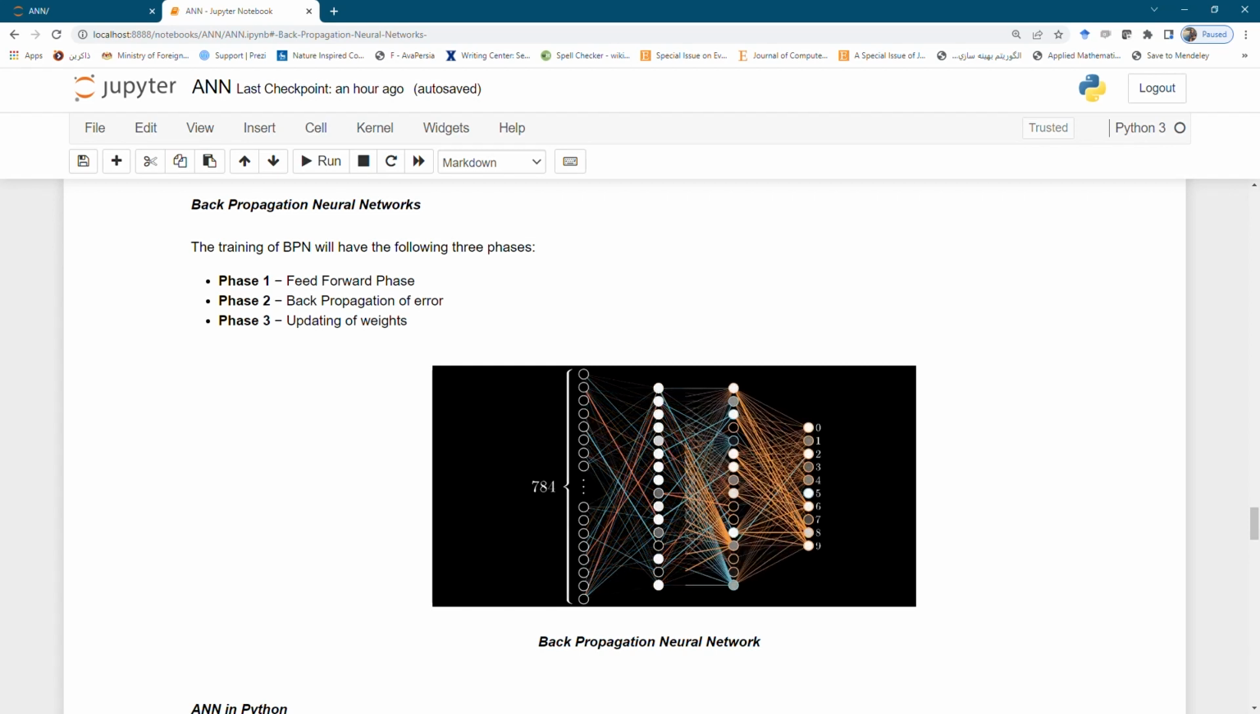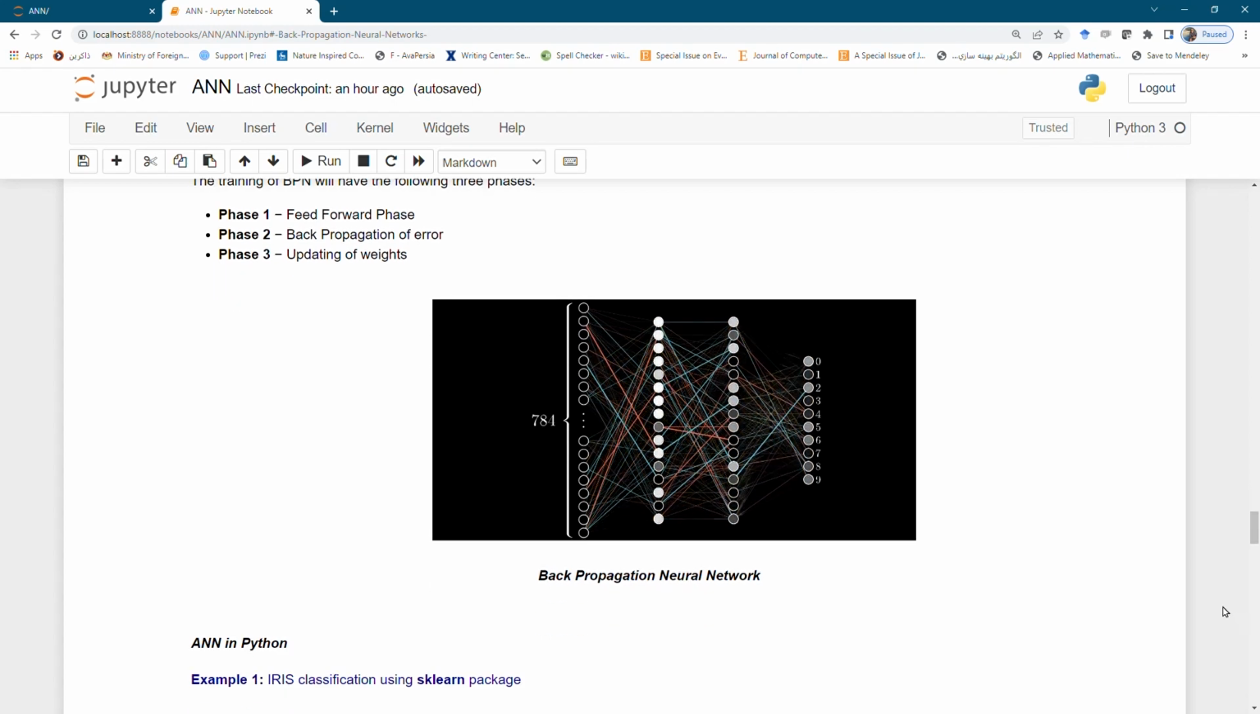The error which is calculated at the output layer by comparing the target output and the actual output will be propagated back toward the input. You can look at this procedure in this figure, the backpropagation neural network. They go forward and backward. I already explained to you